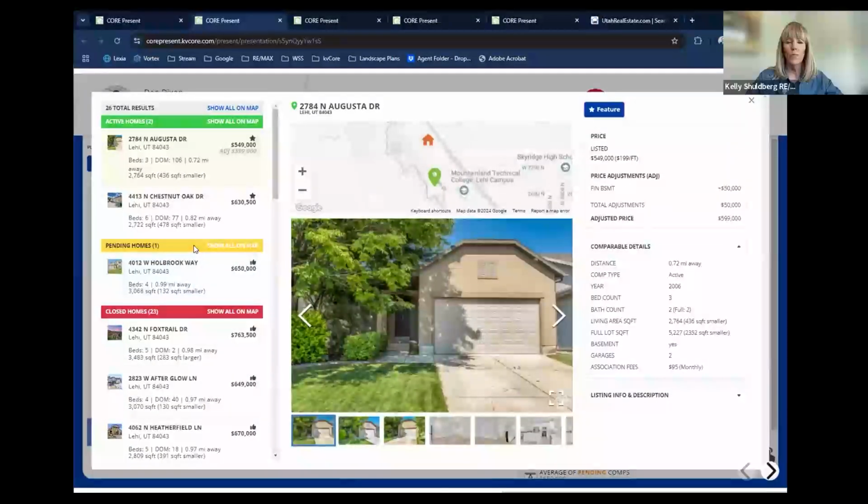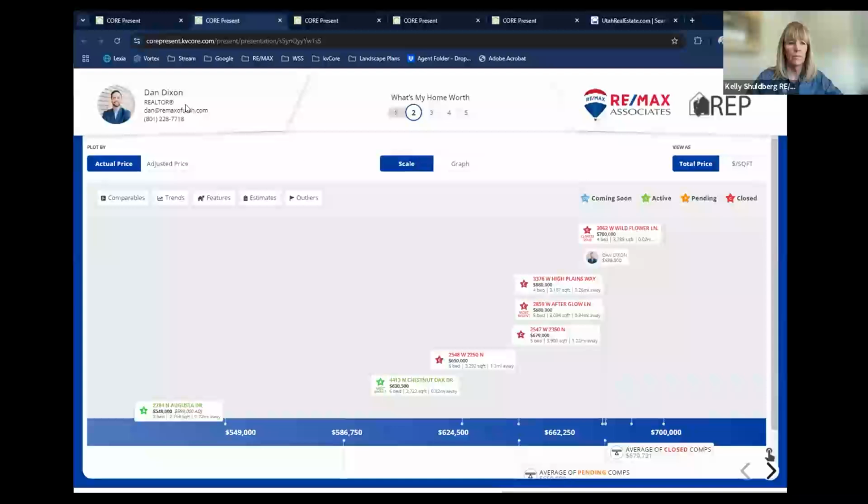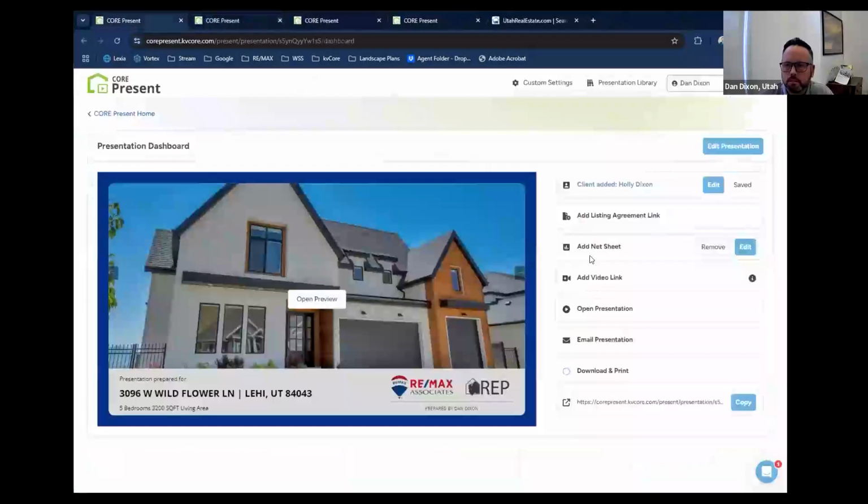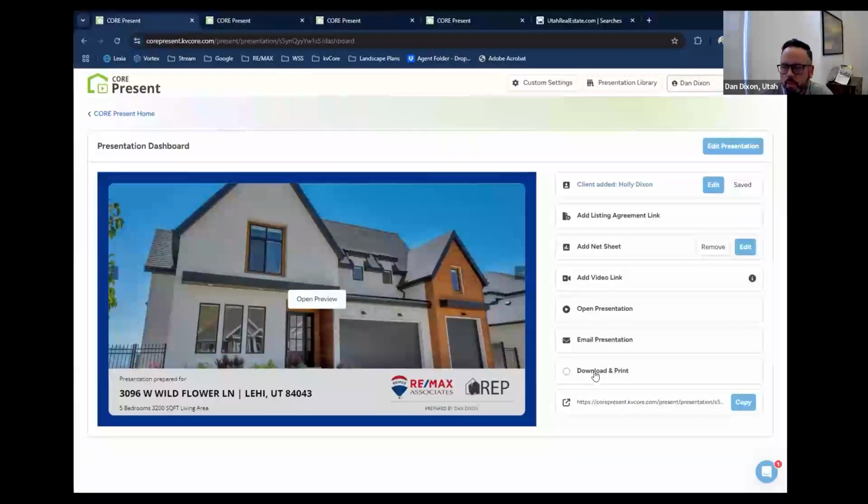Yeah. Will you go back to the print option so we can see what that looks like? Yes, I can. So print, download and print. Yeah, Kelly, let's see what this looks like. So I've downloaded it. This is in a different window, so you guys probably won't see it.